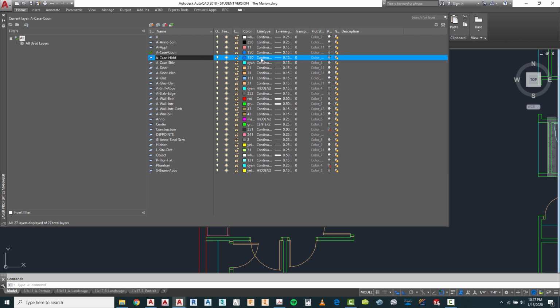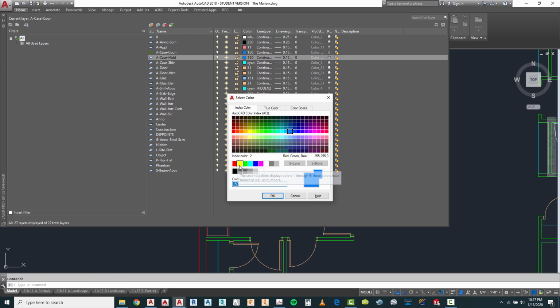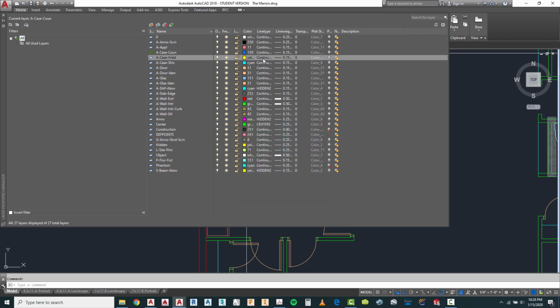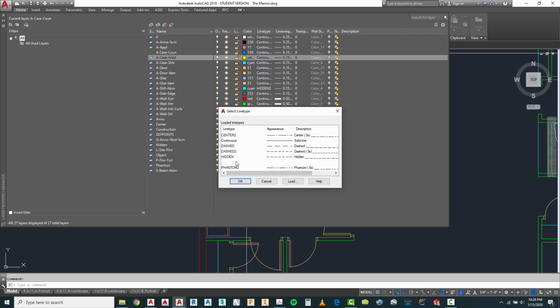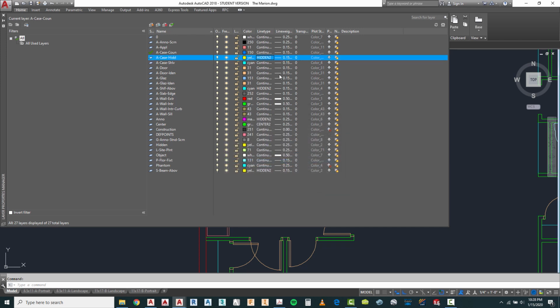And I'm going to go ahead and make that a different color. Let's make it yellow. And instead of continuous, let's make it a hidden 2 layer, and 0.15 is fine. Let's go ahead and highlight that one. I'm going to go ahead and close this out,